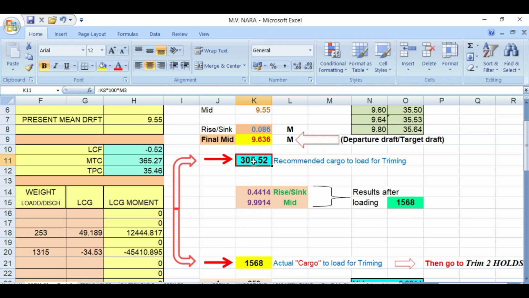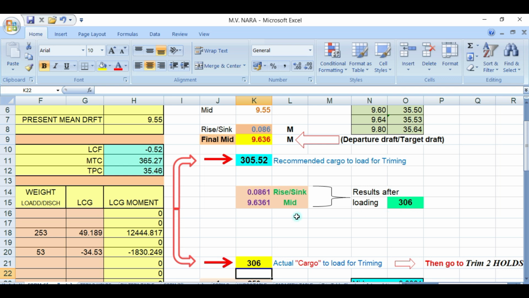Now if you have the recommended cargo to load of 305, so I would say 306. Okay, so when you load 306, you have here the results after loading.